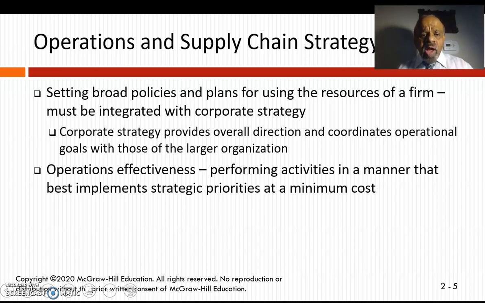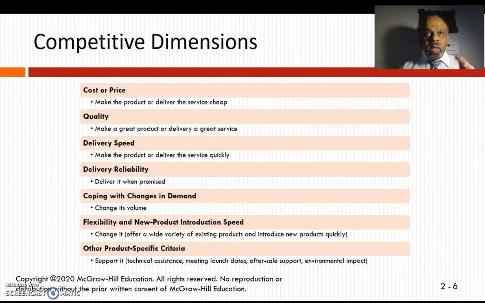Operations supply chain strategy sets broad policies and plans for using resources of a firm. So basically, a strategy by the corporation provides an overall direction and coordinates all the goals within those larger organizations so that the operations can be effective and it can be towards sustainability goals. The competitive dimensions of strategy are many,